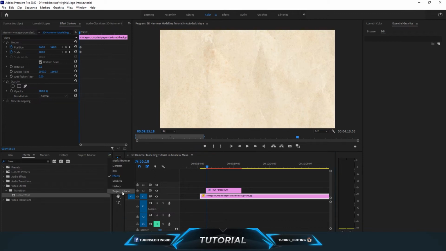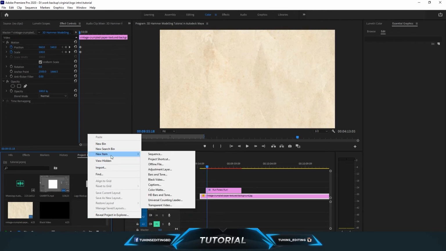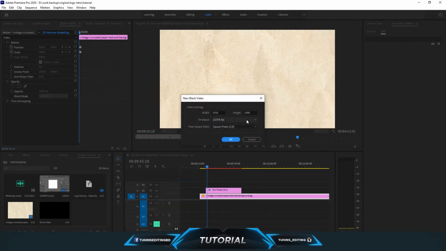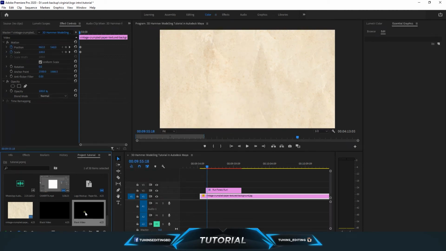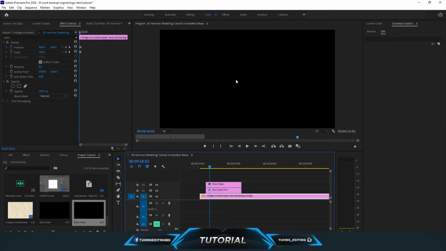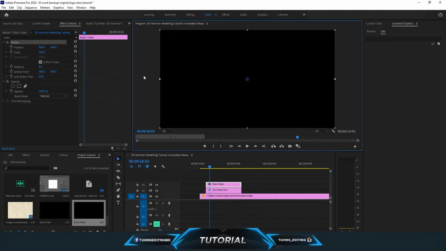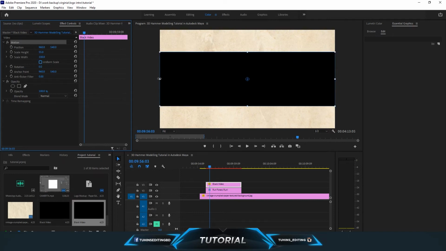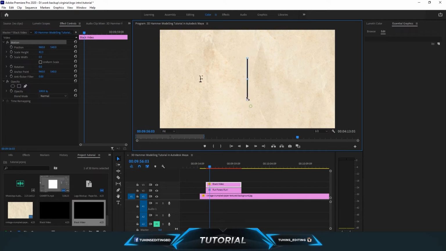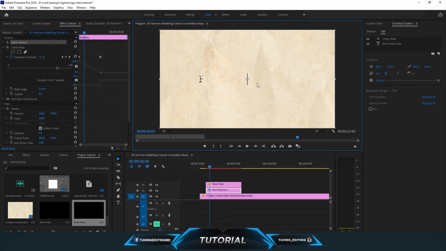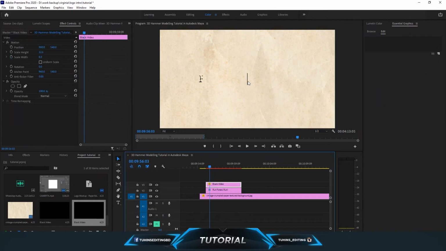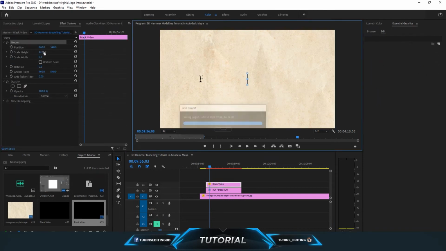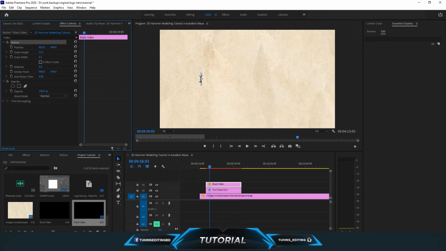So go to the project, right click and make a black video, and then drag the black video onto the timeline. Click on the black video and double click here, scale it lower and uncheck the uniform scale, and make a straight line like that. Double click on it. I'm going to change the position here,